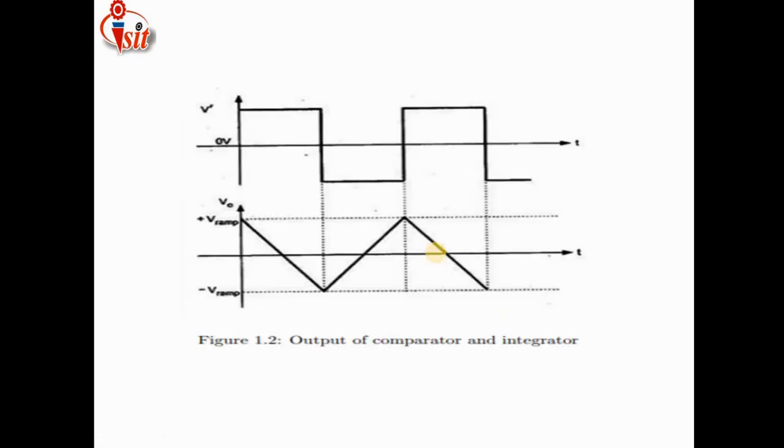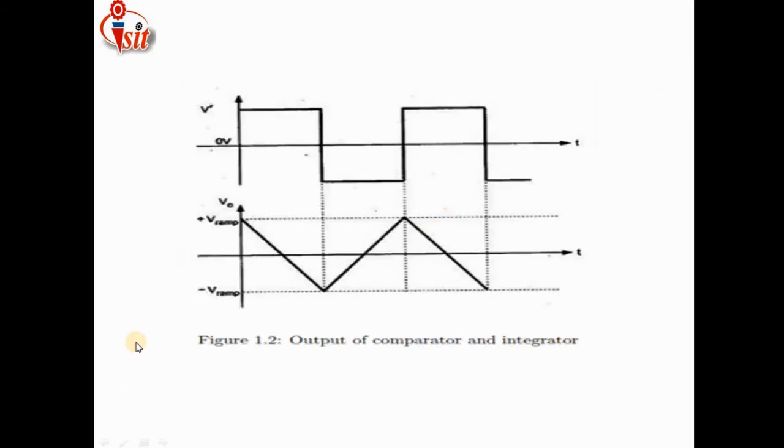Here the integrator will generate the output waveforms. Just see here, first of all we are giving a square wave as an input. For the triangular wave generation, only one kind of input is introduced, that is, the input provided to the triangular wave generator is a square wave. If the input has any other structure, then we have to convert that input signal into a square wave first, and only then can it generate the triangular wave.